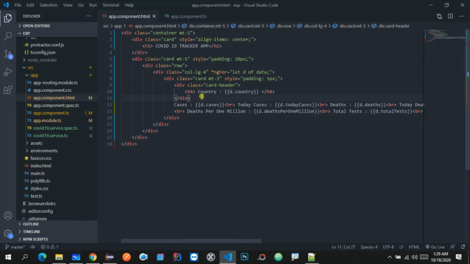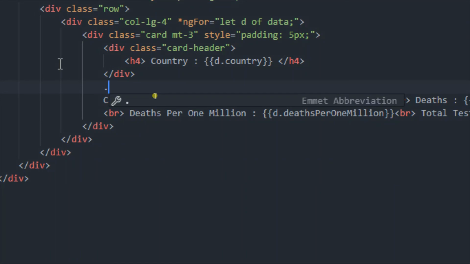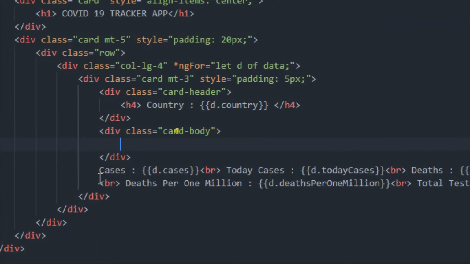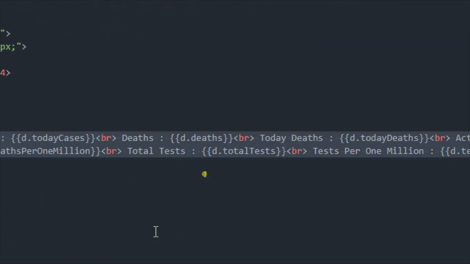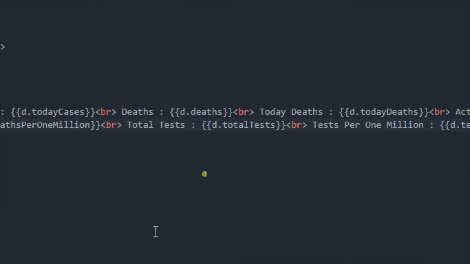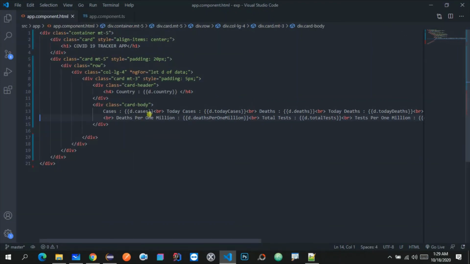value into this H4. And over here for this data, we will assign some extra classes called dot card body, and we will take all the data and keep it inside the body. So let me cut this and paste this inside it like this. Now let me save these and let me first of all show you how the code is looking like. And now the lines are quite big, so let me try to format it first of all, and let me now go to the browser and let me see how the application is looking like.